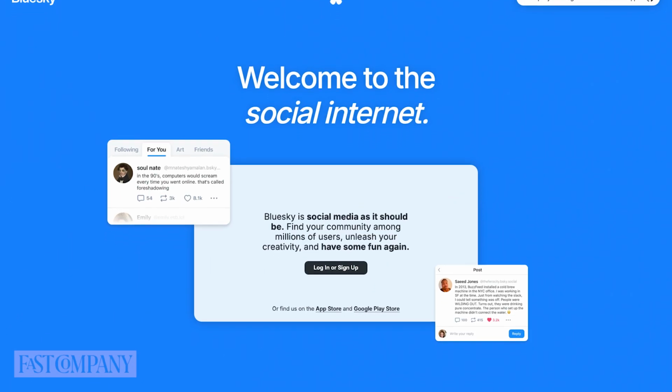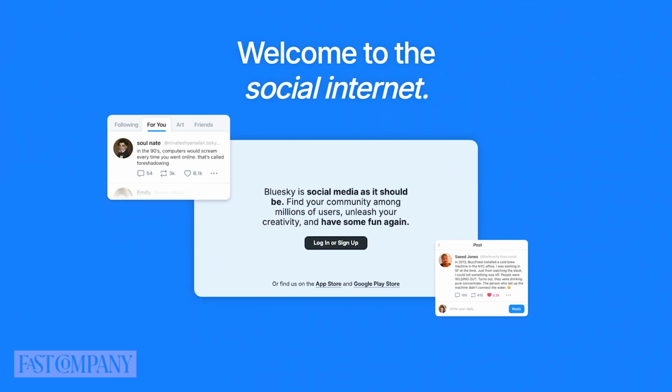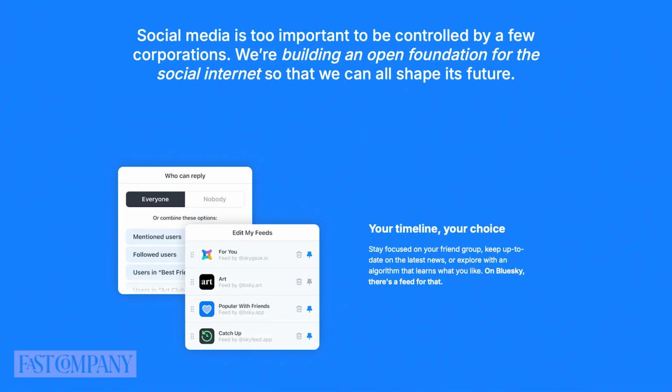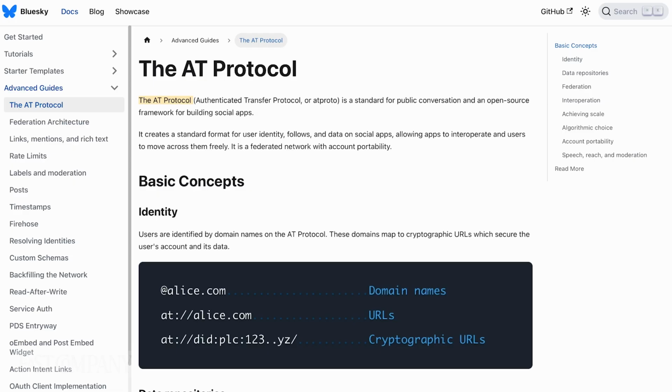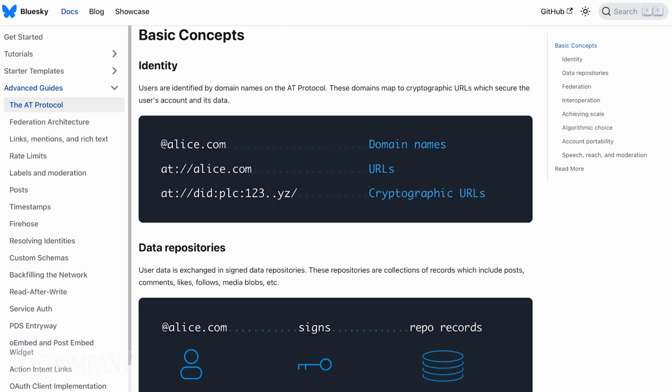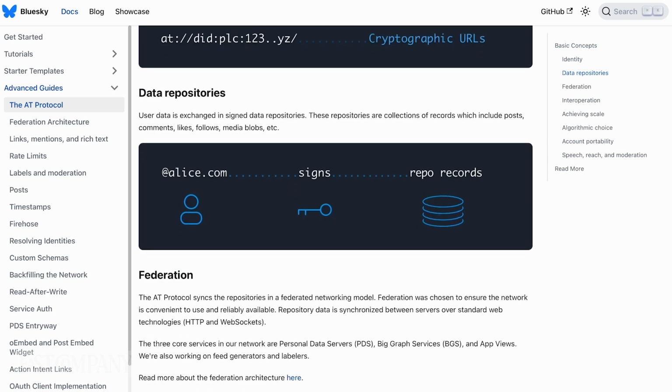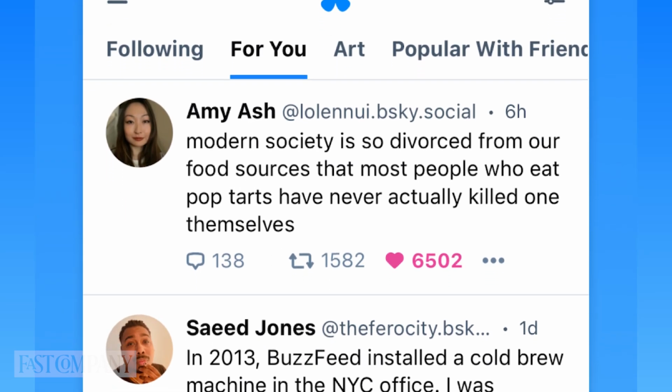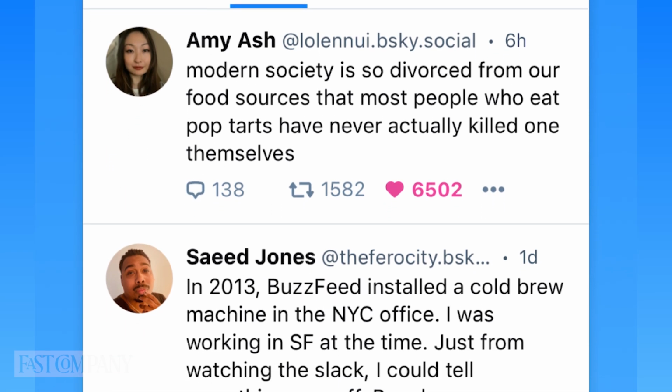Bluesky's developers have created an open-source ecosystem called the Atmosphere. The AT stands for Authenticated Transfer Protocol, which untethers social media from the control of any one person or organization. Now stick with me here, I know this is getting technical. Because the AT protocol source code is publicly available, programmers can use it to build new tools and apps of their own. The protocol also allows users to create and curate their own algorithm that prioritizes the voices and content they care most about.